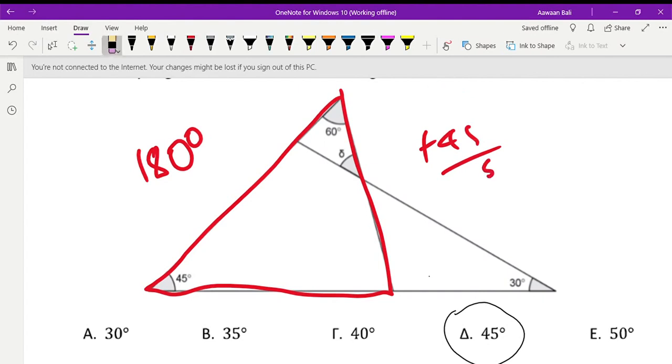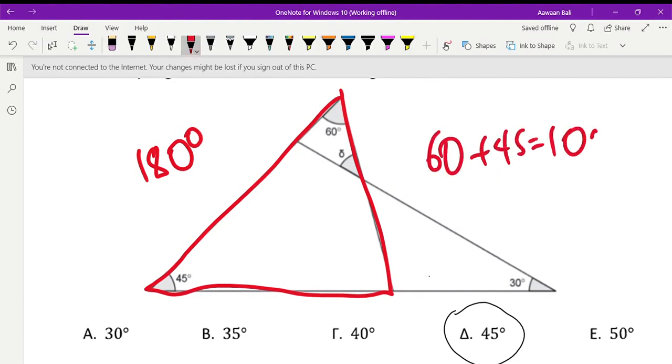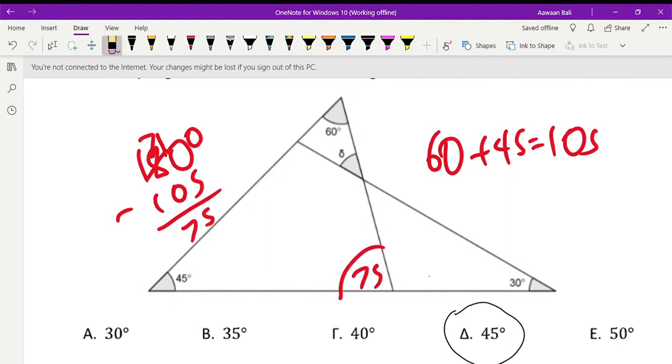Wait, what am I doing? 60 plus 45 is 105, obviously. Then you do 180 minus 105, and you get 75. So this is 75. Now